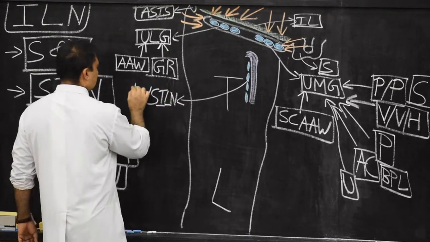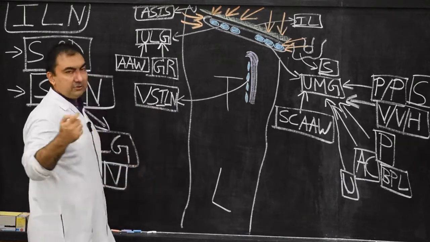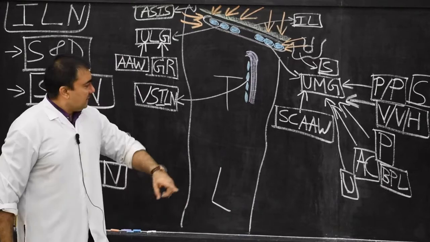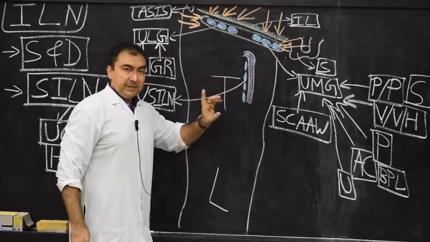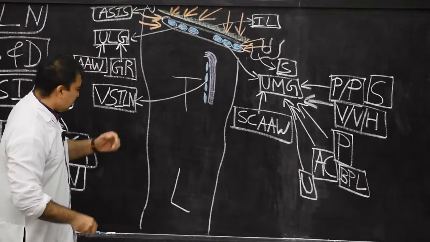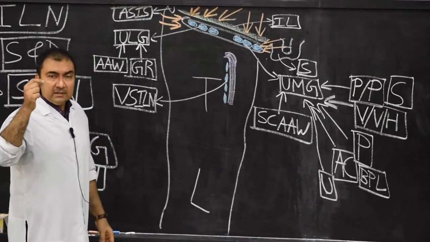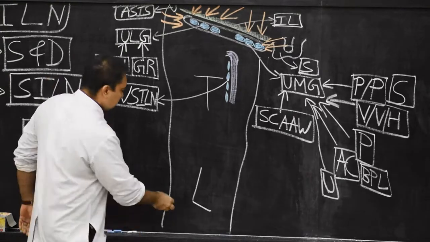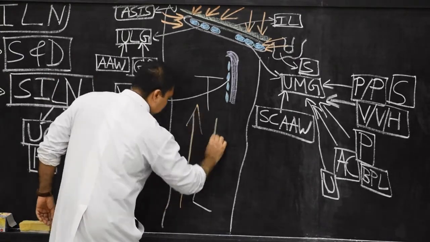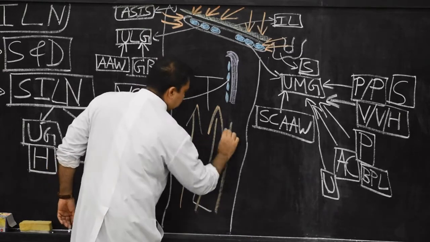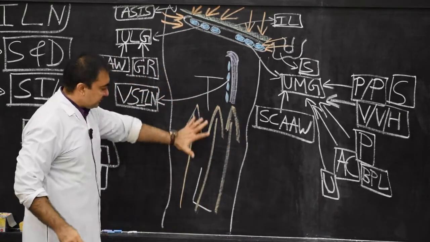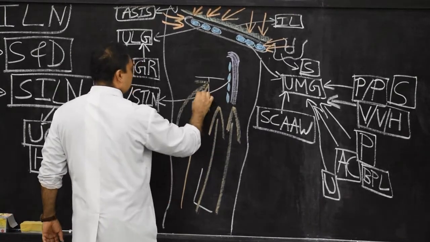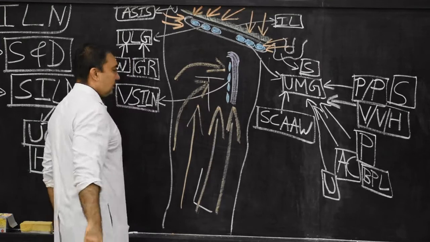The vertical group of superficial inguinal lymph nodes, or it is also known as the lower group of superficial inguinal lymph nodes, located lateral to the great saphenous vein. Areas of drainage, they will drain the entire superficial lymphatics of lower limb, except, now therefore here we can show this in the form of arrows, since these are the superficial lymphatics which are draining from the lower limb.